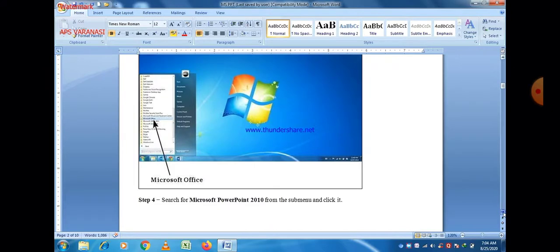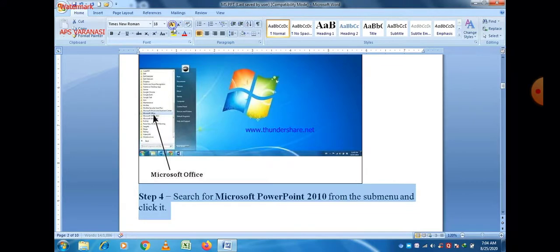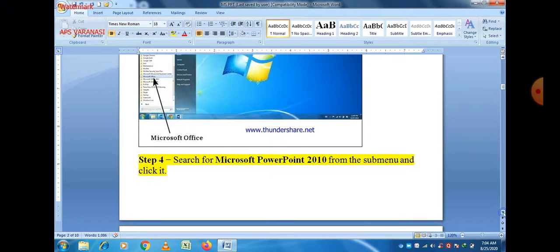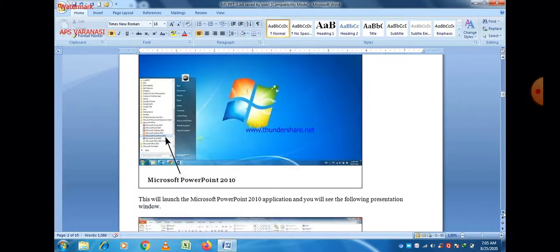Yes, you can see there is MS Office. So search for Microsoft Office 2010 from the sub menu and click it. After that, you can easily see that there is Microsoft PowerPoint 2010.